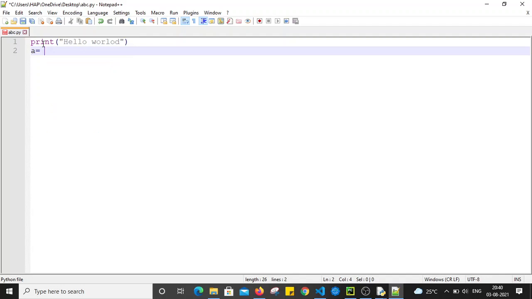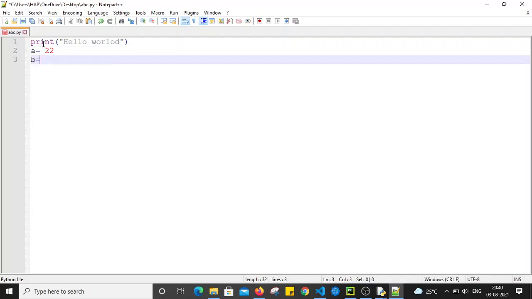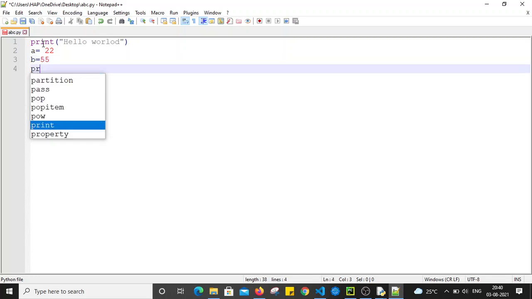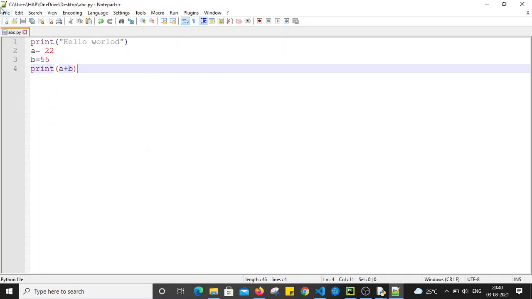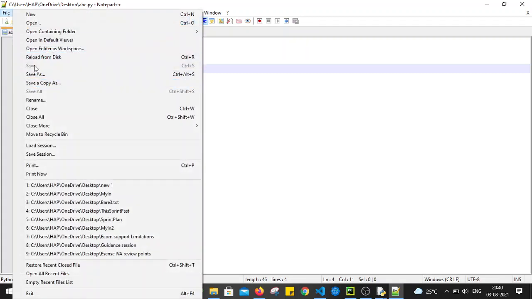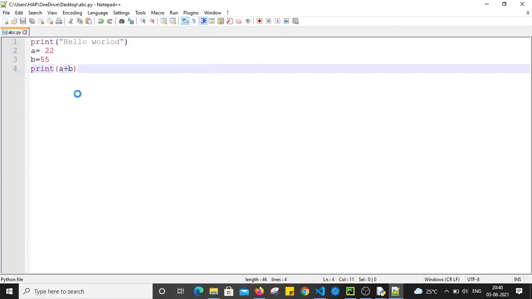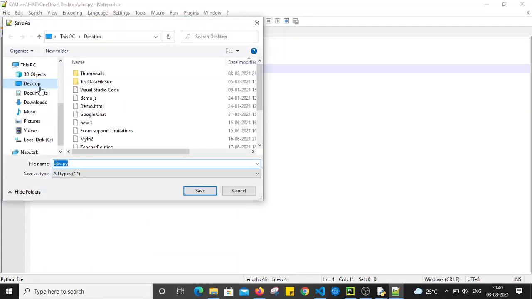Let's say a is equal to 22, b is equal to 55, and let's print the sum of a plus b. The print method is used to print the content in Python. Let's save this file as abc.py on our desktop.